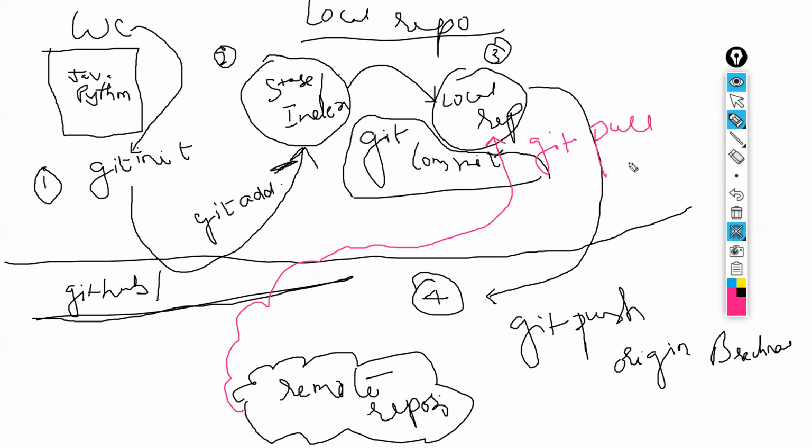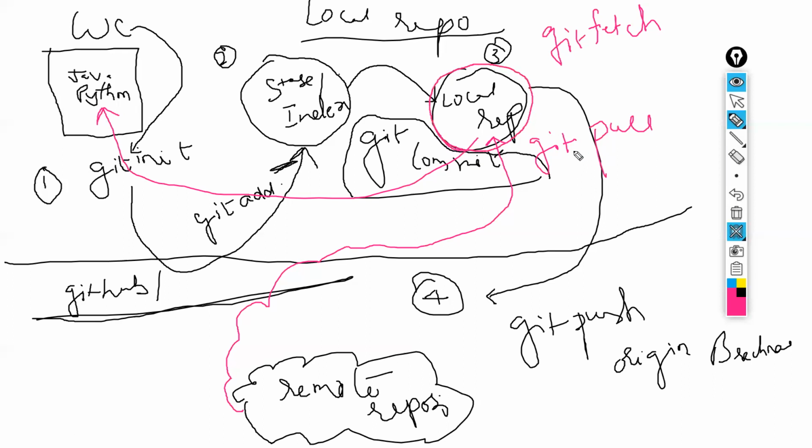So when we use this git pull command, we get the code which is present in the remote repository to local repository, followed by the working directory. So if we use git pull, our code will be present in both local repository and working copy. We have another command called git fetch. Few people use git fetch as well. So if you use git fetch, it will not store the code in working directory. The code will only be available in local repository.